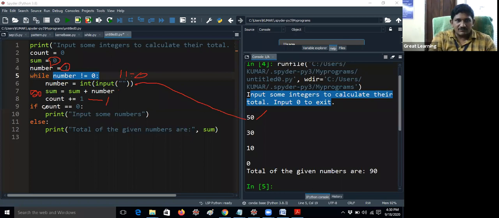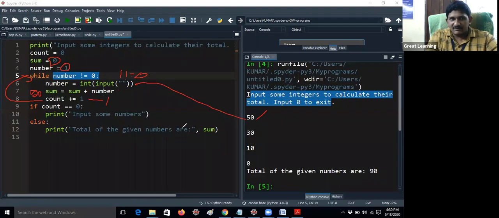Now the while condition is checked. It will not enter into the if condition; it will enter the while loop again. Calculating a running total means you have to calculate the total for that particular element. It's just like the sum of n numbers we discussed in the last class, but here we are giving validation. At runtime we check whenever you enter 0, that is the exit condition. Now it has entered into the loop again. So number not equal to 0: the number we assigned was 50.